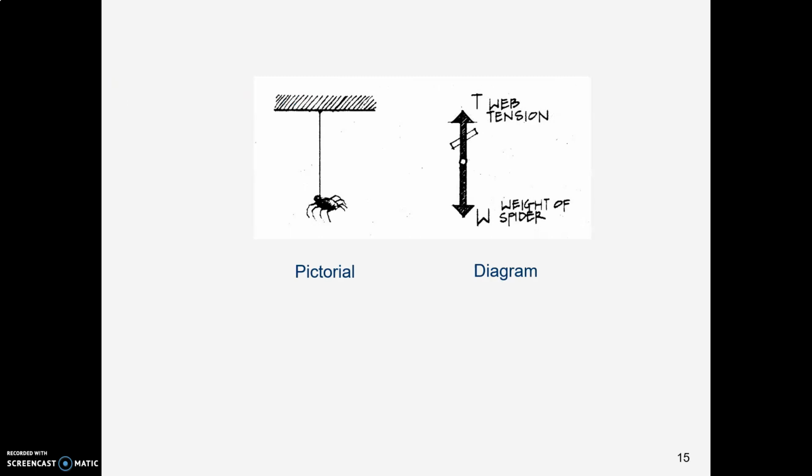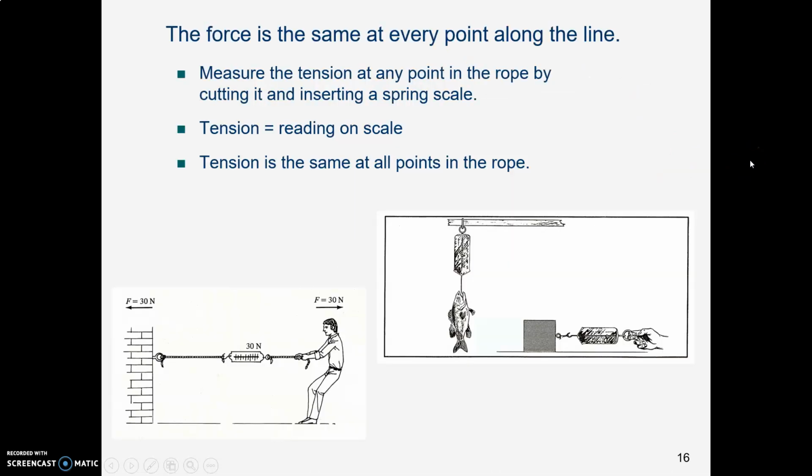Here's my friend the spider. I call her Shirley. And she's hanging from a single web. Now, that's a picture of her. You could draw a free body diagram of her. Here's a diagram. Here's the weight of the spider going down, and there is an equal and opposite reaction in the web, tension pulling up. If you wanted to figure out, okay, well, is it the same tension all the way along? Yes, it is, and theoretically you could demonstrate that.